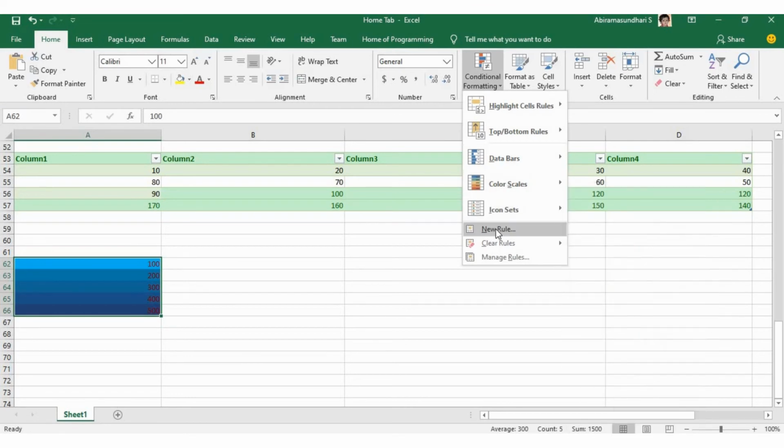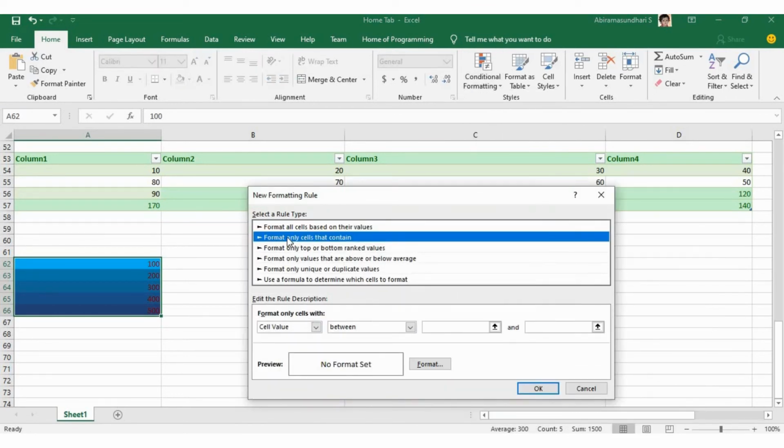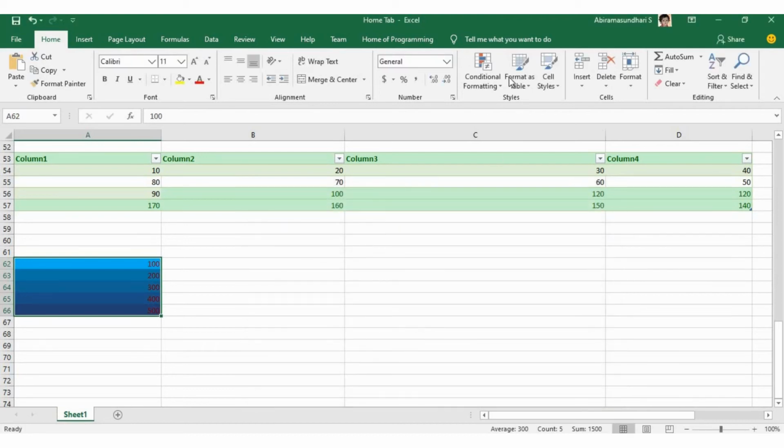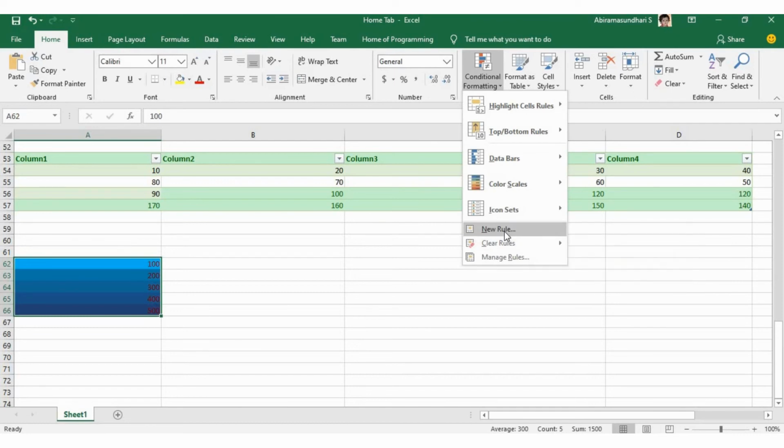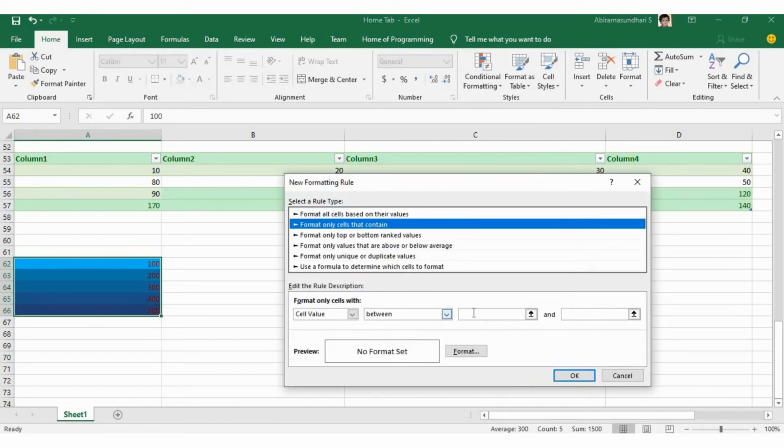So if you want to add any other rules, for example, if you want to format only cells that contain, right? In this, either you can specify any text or date, or if the cell is not at all having any data, in such a case you can format, right? So now what I am going to do is I am going to highlight the values between 200 and 400, right? So now we didn't add any format options, right? So just again click on that, select the value between 200 and 400. So to format,